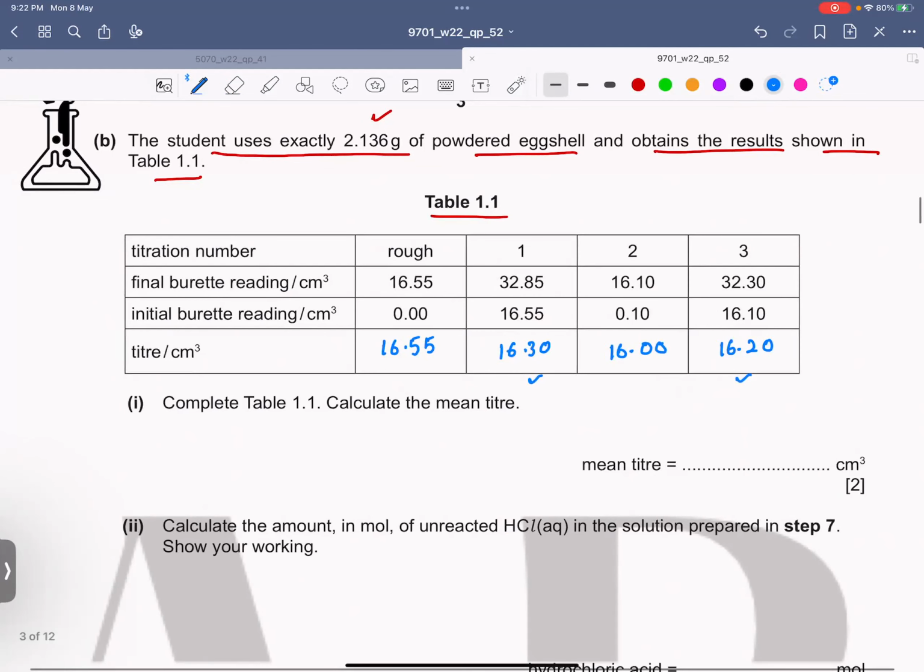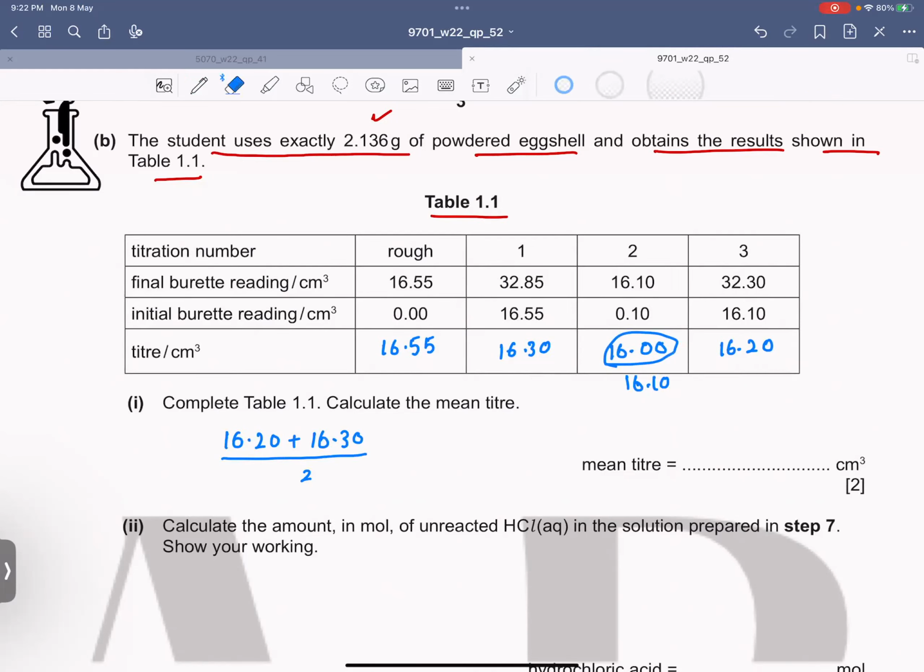So to find the mean titer, or the average titer, we take the average of these two values only: 16.20 plus 16.30 divided by 2. Let me tell you, if instead we had a 16.10, then